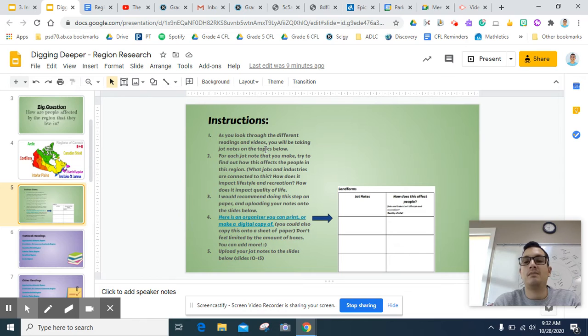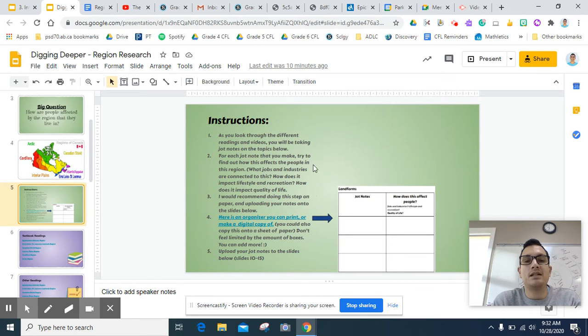There's something about using that method of recording material that we're finding is just a little bit better in terms of actually remembering what you're writing down. So that would be my preference. If that really doesn't work for you and you want to do it digitally, that's totally up to you.